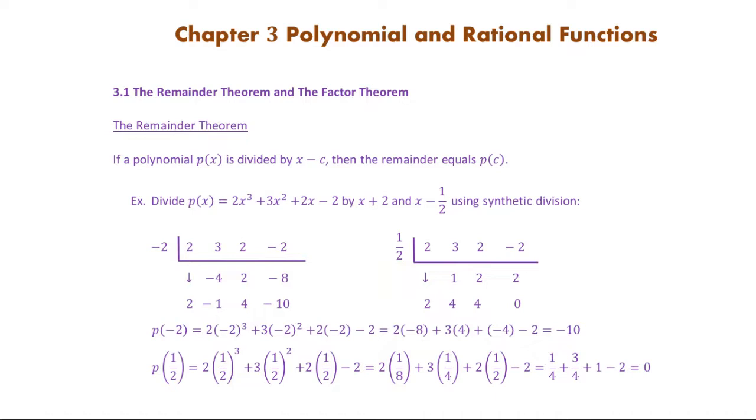So according to the remainder theorem, we can also use the evaluation of this polynomial p at 1/2 to find the remainder. It says if polynomial p is divided by x minus c, so divided by x minus half in here, then the remainder equals p of c, or p of 1/2. So that means,